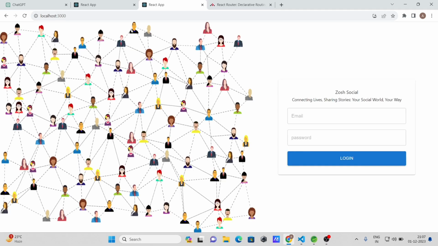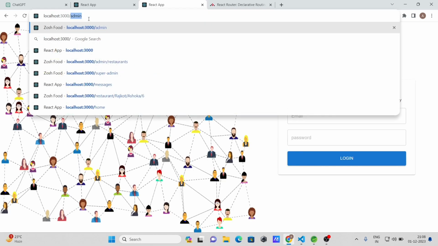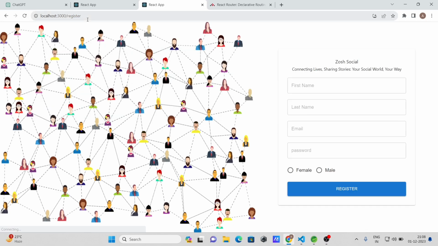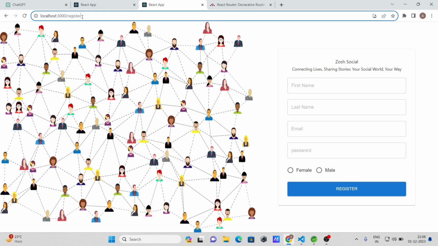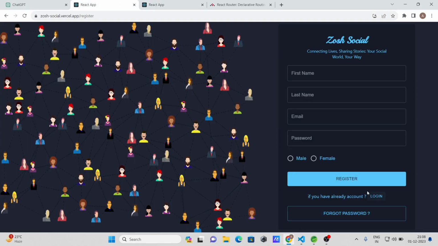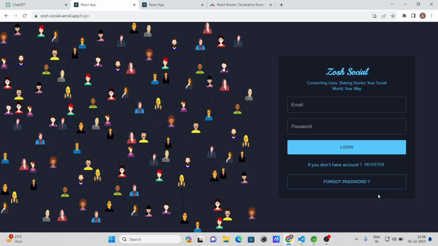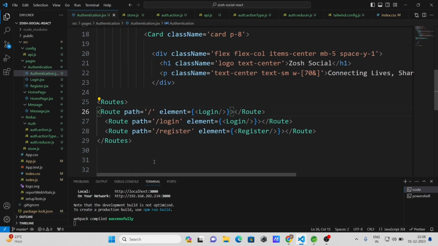Here you can see the login page, but when I go to register, you will see the register form. Okay, but I don't want to change from here, I want a button here, so that when I click on login or register, it will change the form according to the button. So when I click on register, it will go to register, and when I click on login, it will go to the login page, or maybe login component. Okay, so what I'm gonna do now is